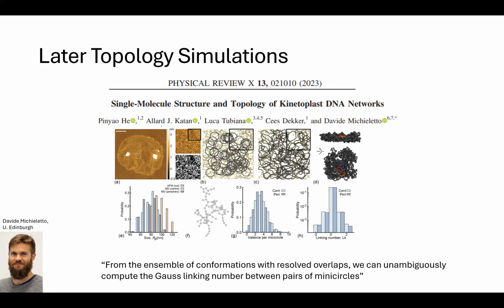This is like a graph structure that forms. That's nothing like the honeycomb lattice. And they observe mostly Gauss linking number 1 for linked molecules, occasionally Gauss linking number 2. If you don't know what that means, I'll explain it on the next slide. And I'll just say this is the best paper that's been written on the topic. It's better than mine. So if you're interested, you should read it.